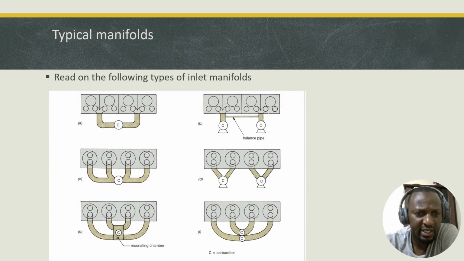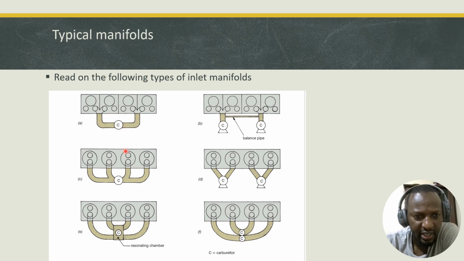Now typical manifolds are seen like this. We can see a manifold that serves 4 cylinders. The C here stands for the carburetor, and then the valves are arranged this way. You have the exhaust valve here, inlet, 2 inlets, exhaust, inlet, exhaust. So we can distribute this air with equal lengths of tubes from the carburetor and charge the cylinders